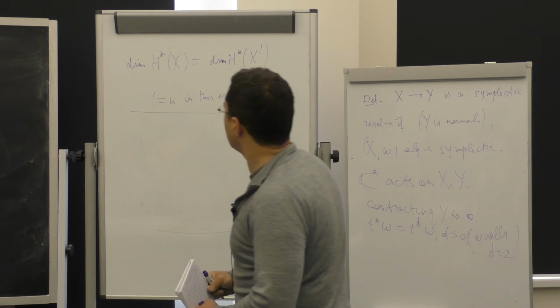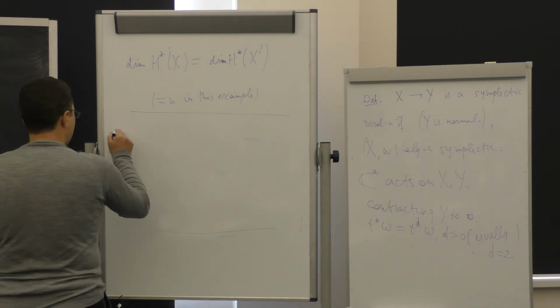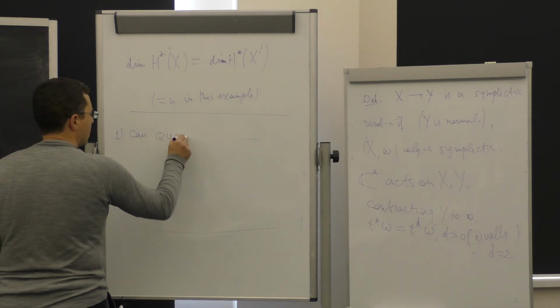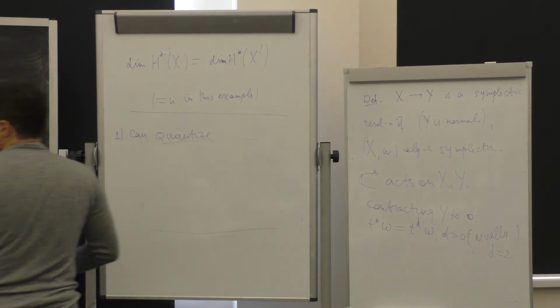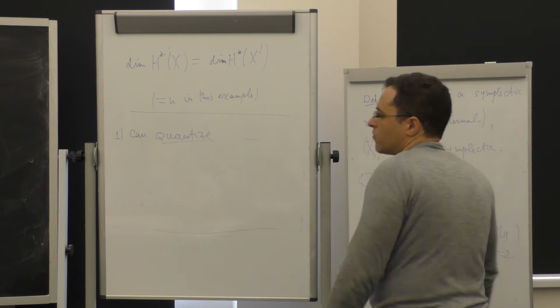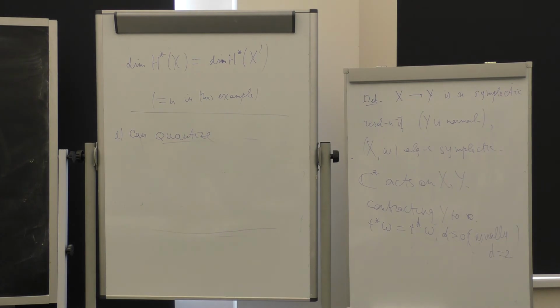So we can do the following. So first we can quantize X and Y. So the idea is that the symplectic form omega on X gives a Poisson structure, which allows us to define a Poisson bracket on functions on X, and then global functions on X by normality of Y are the same as functions on Y, and so we have